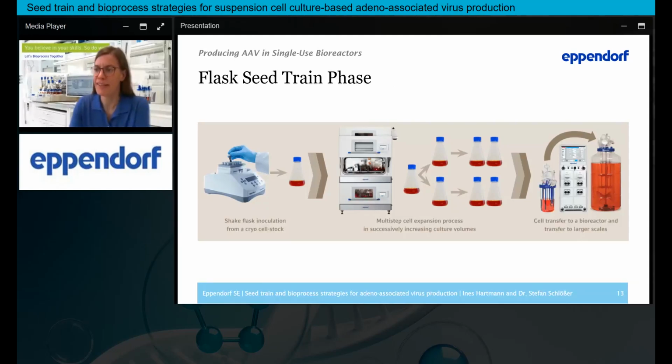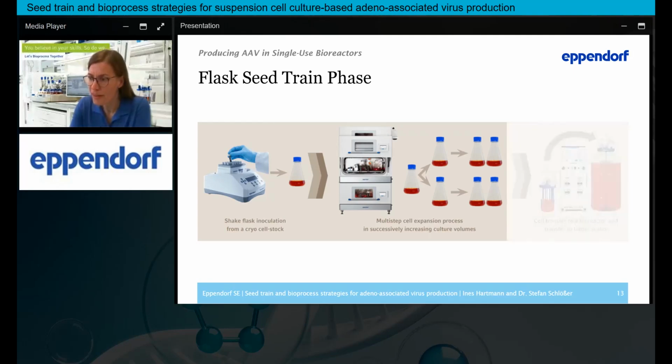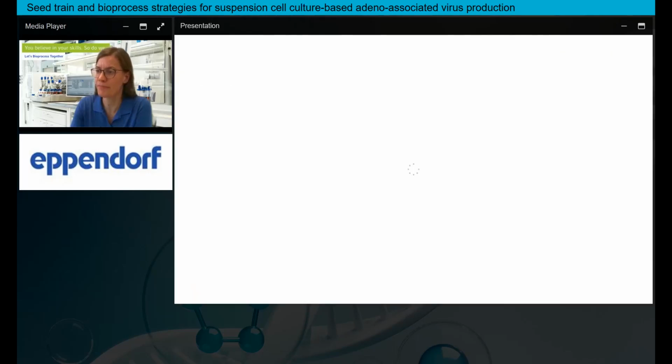Let's get a little bit into the detail of what is happening before the inoculum goes to the bioreactor, whatever size of bioreactor you inoculate, either a parallel bioreactor or in this case a Cyvario twin bioreactor. So we look here at the first part, the thawing process and the shake flask cultivation.